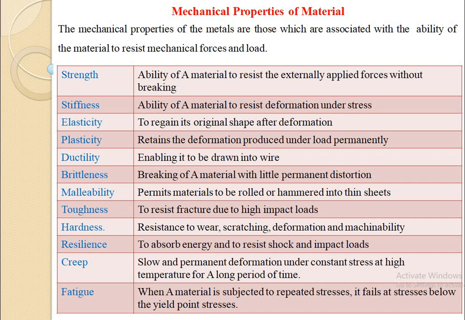Then that material can be feasible for further processing. The next criterion is the suitability of the material for the working conditions. It means if we are selecting a particular material for our design purpose or for a particular application, it is necessary to understand what the service conditions are. We need to select a material in such a way that it should be applicable to that particular application or those service conditions. Then and only then can we go for that material.